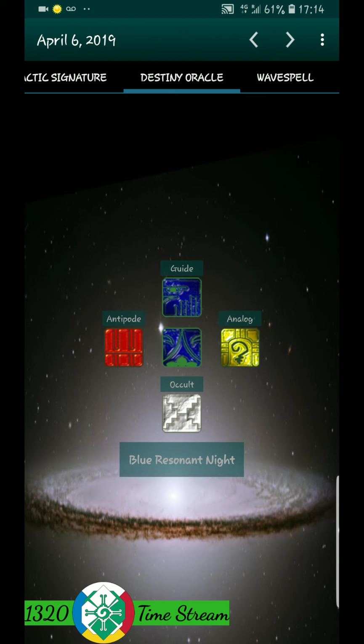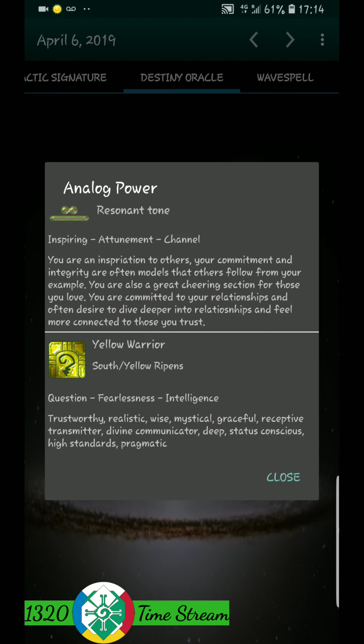So you always know that you don't even have to look at the hidden power. You can just go, boom, what's our whatever power today? It could be analog, it could be challenge, it could be guide, it could be the main one. All those 4 are going to hold the same tone as the daily tone. We know this is 7. What's the difference between 7 and 14? Boom. That's what your hidden power is going to be.